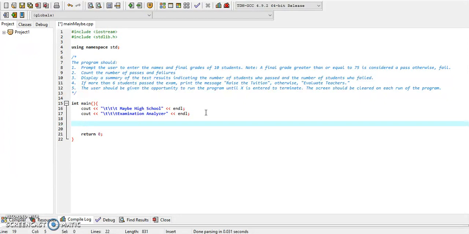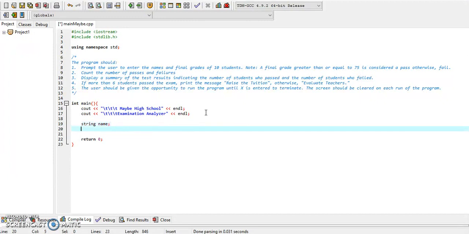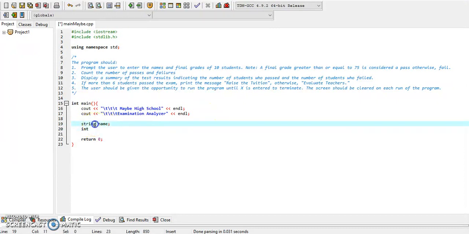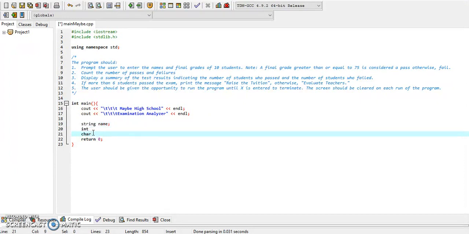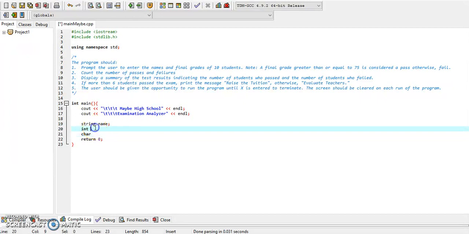So first we will have a string variable, which is name, for that is where we'll be storing the name. When we get the name, this is where we'll be storing it. And then we'll have an integer variable, which these are the data types, and we'll have a char, which is a single character. So the integer or int will be final grade,